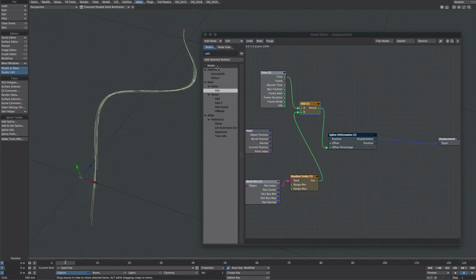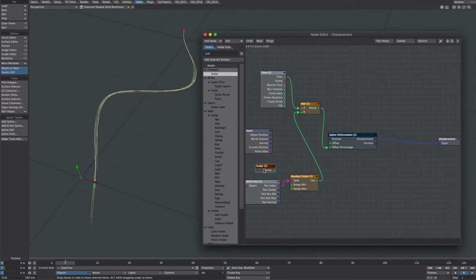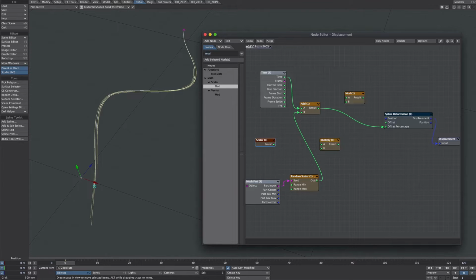Let's say we want to do a loop every 4 seconds. Now this is where Mike's technique comes into play. We'll grab a scalar, and this is where we're going to add our 4 seconds. So let's put in 4 there. And then we're going to need a multiply and a mod. So quite simply, we're going to multiply the random scalar here with our 4-second scalar here. And we're going to add that to the time. And then we're going to mod that output with the same 4 seconds,